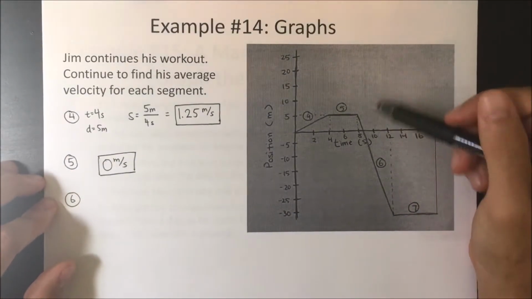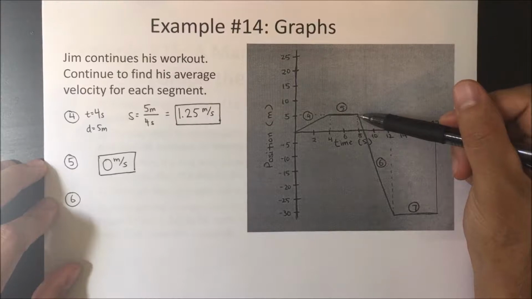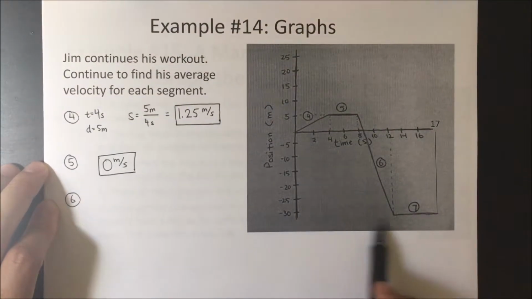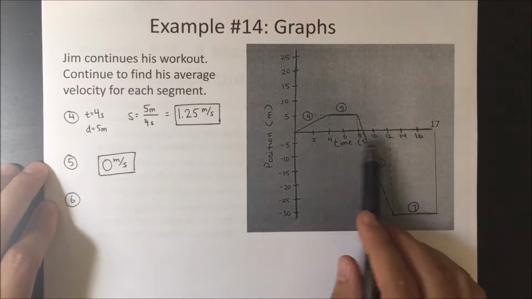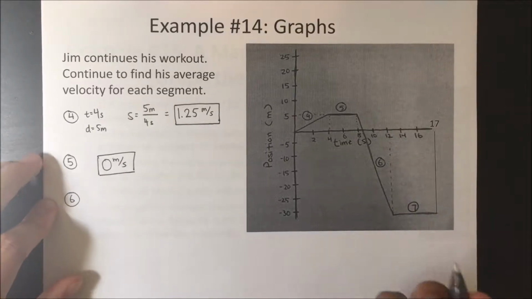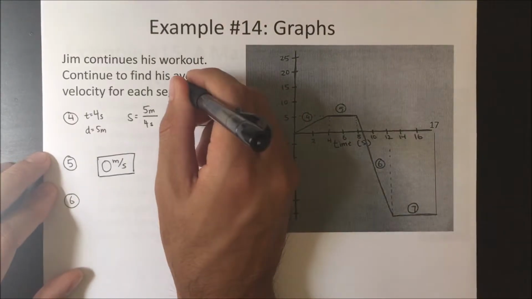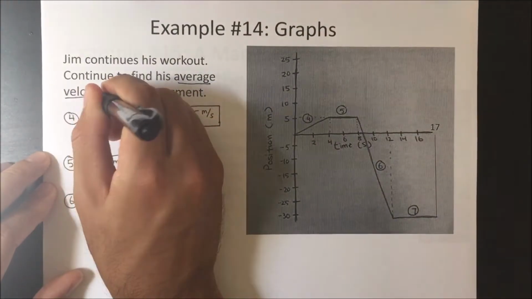6. So what's going on here? Going from 5 meters all the way down to negative 30 over here. And it takes him 8 to 12, so 4 seconds. So let's just kind of do this out. So this is asking for the average velocity. So this is important